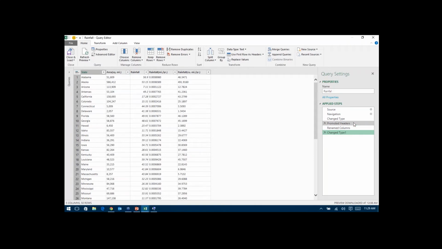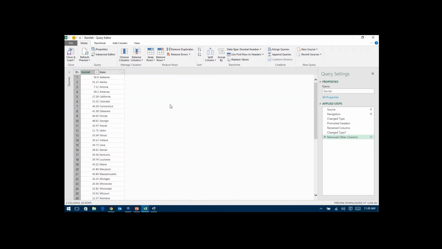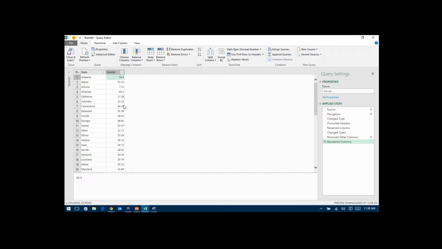Okay, so it's a cool little feature there. We can come in here and delete individual steps if we decide that we didn't want to really remove those data points or something like that. Okay, so I'm going to take those back out again. I'll show you one other way to delete columns here. I'm going to select the two columns that I want to keep this time, and say remove other columns. So you can either remove the individual columns that we select, or we can remove the columns that we didn't have selected. So a couple of little options there for us.